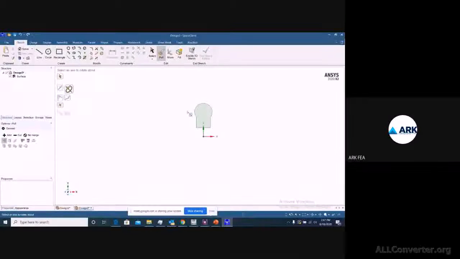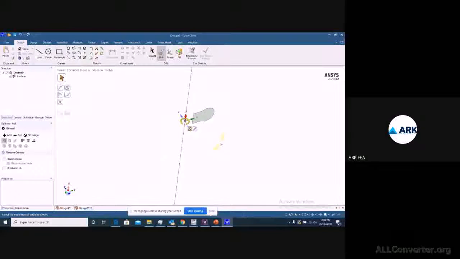From pull you can go to your revolve, and first it will ask you for an axis to rotate around. So you can define the axis where you want to rotate it. If I say in this way, you can see it is going to revolve it.